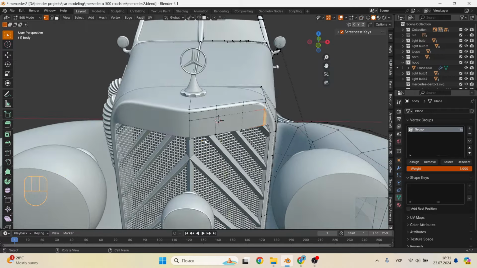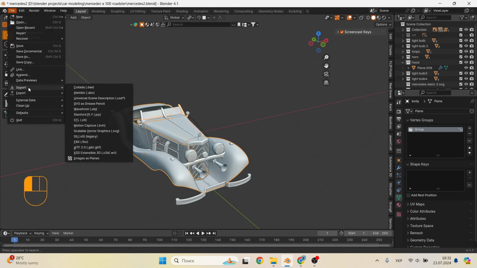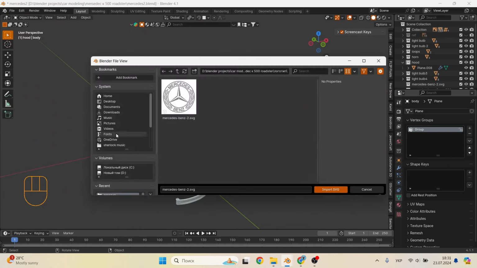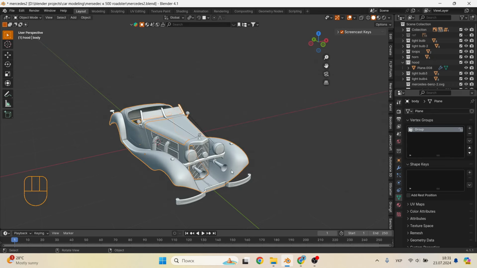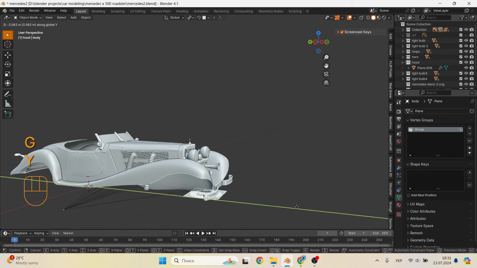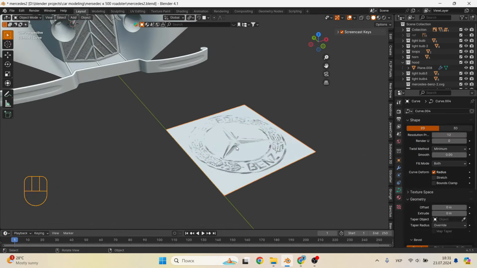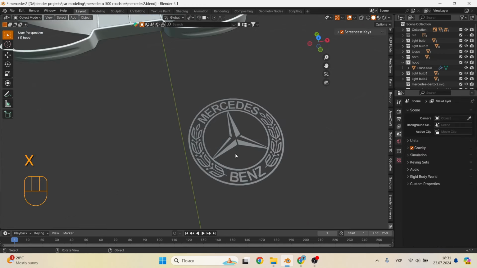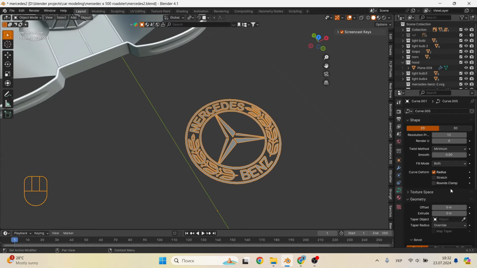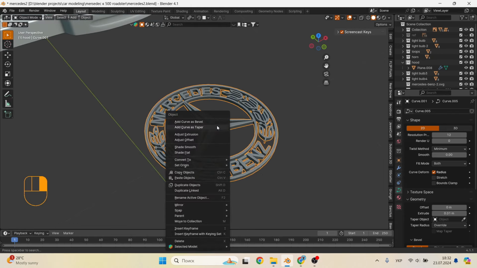Go to the body editing mode, select a number of vertices that need to be extruded down the Z-axis. Then combine the three remaining vertices. And that's it, the platform for the logo is ready. Now go to File, then Import, and select a file with the extension .svg, this is a vector file. So good, the file was added, but it flew under our car. Let's get it out of there and delete the plane, we don't need it.